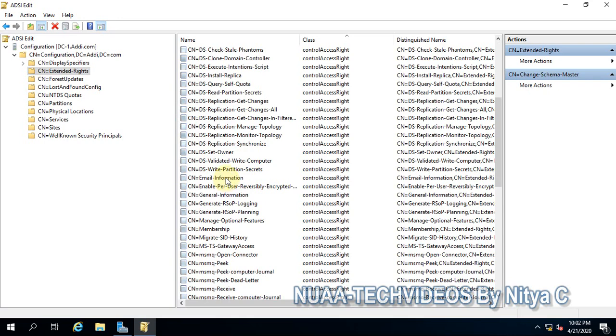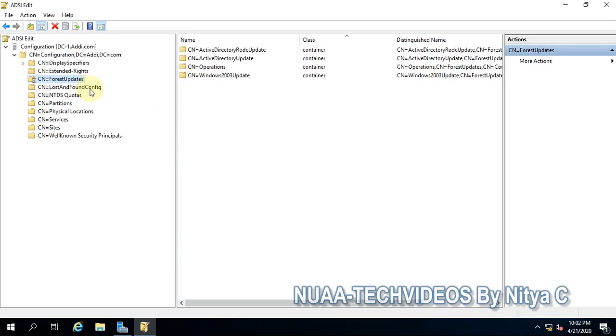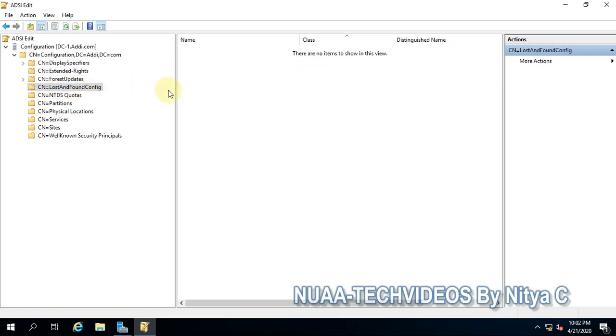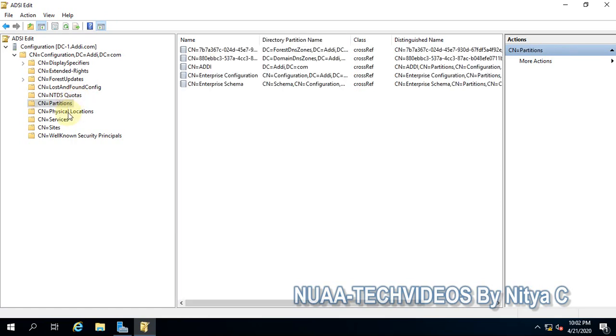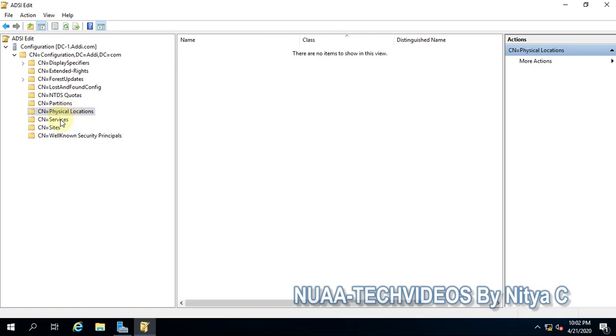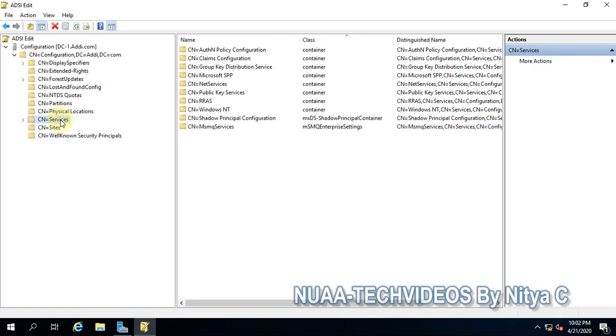These are all the rights, and forest updates, whatever updates are there over here, and lost and found, configuration, NTDS quotas, partitions, physical locations, and the configured services.